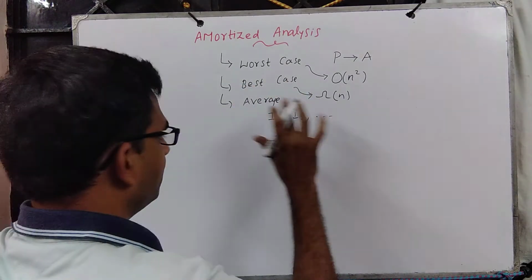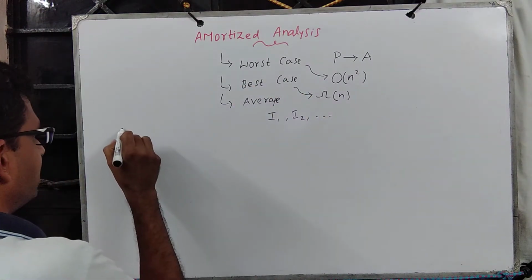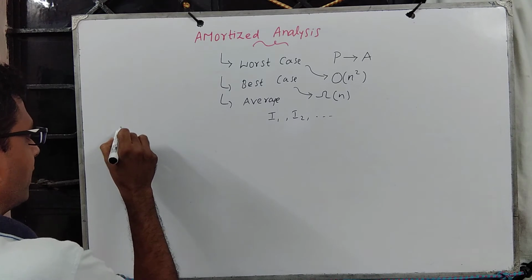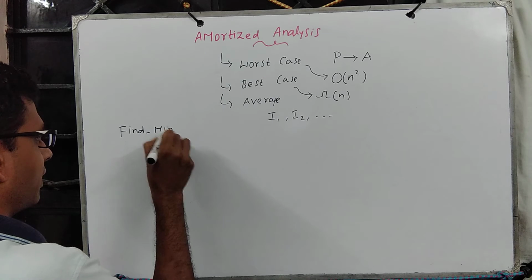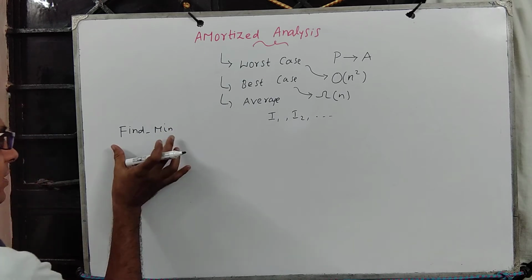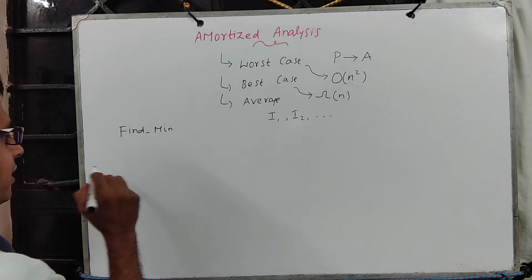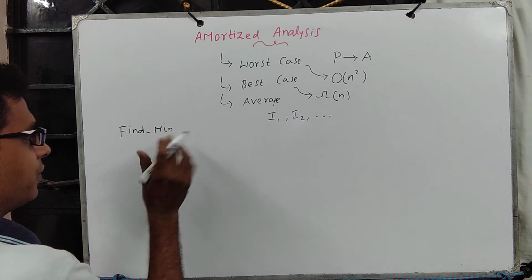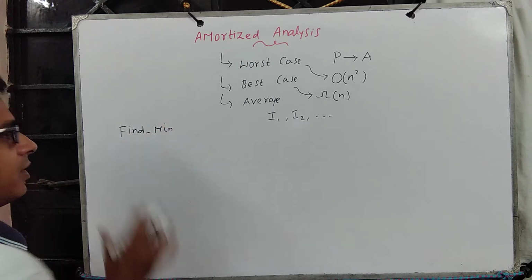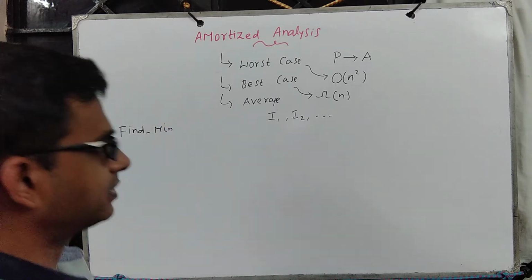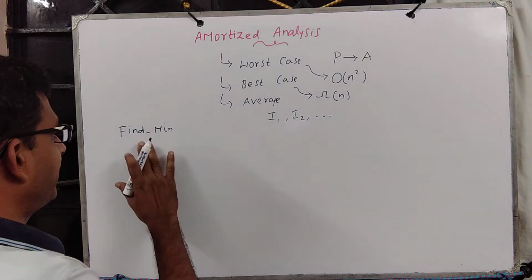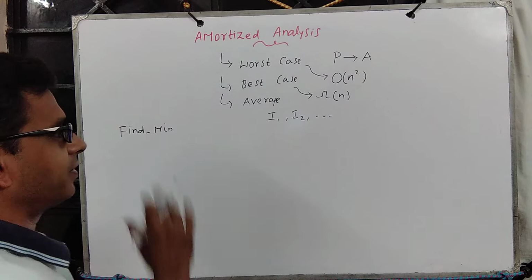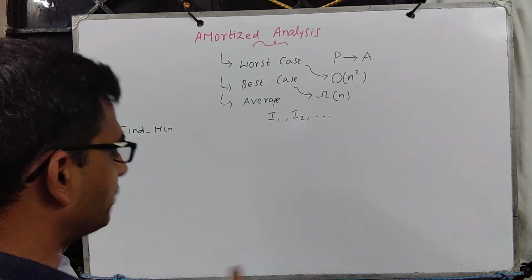So largely this is for a specific operation. Something like find min: although it is a problem, you can see this as find min as an operation. Given a set of elements, you construct a heap out of it, then you analyze what is the complexity of find min. It is just one operation.